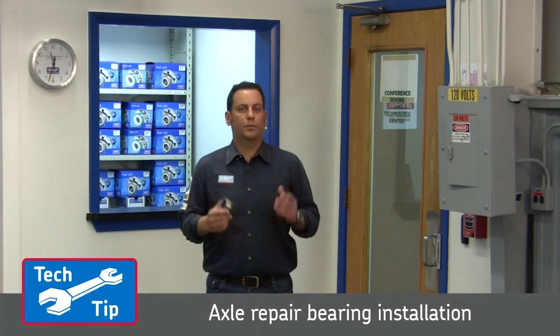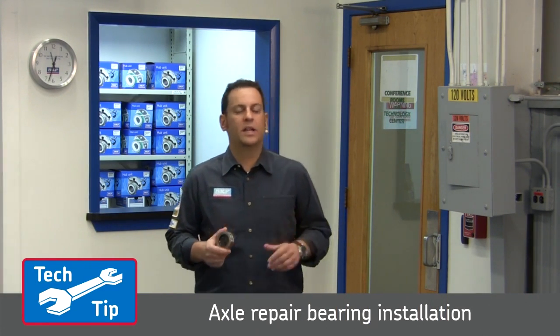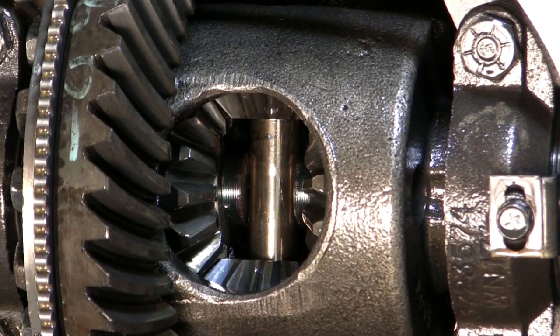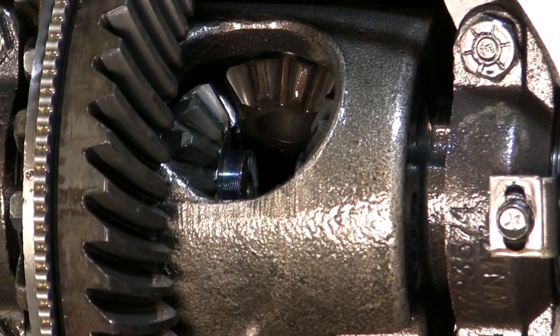This video will show you how to properly install axle repair bearings on your most popular GM, Chrysler, and Ford axles. After removing the differential cover and removing the pinion shaft,